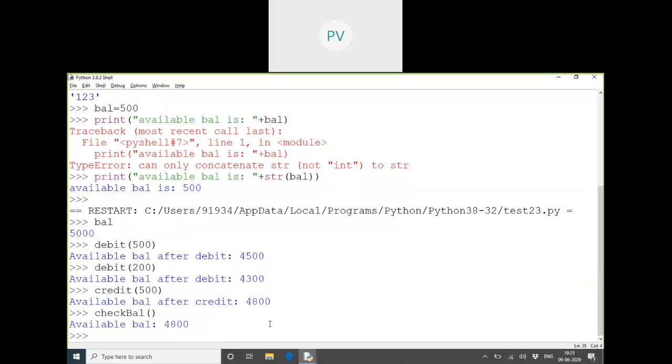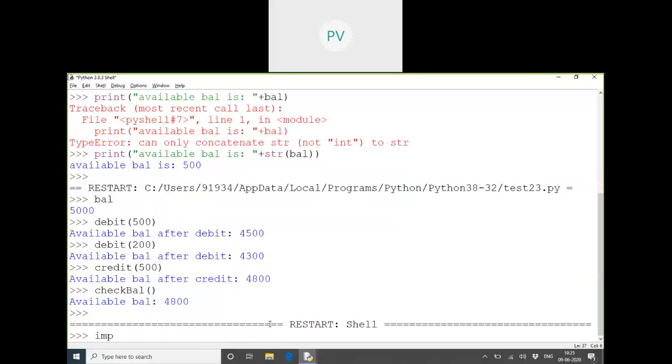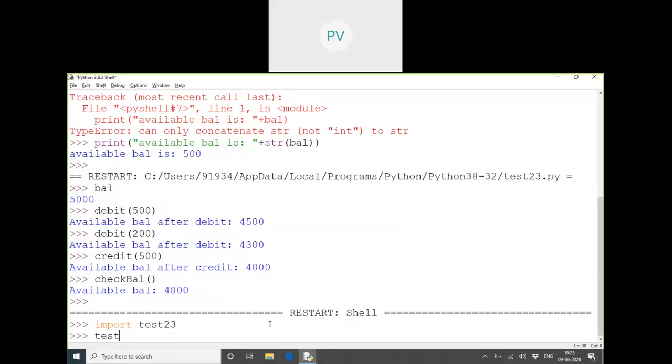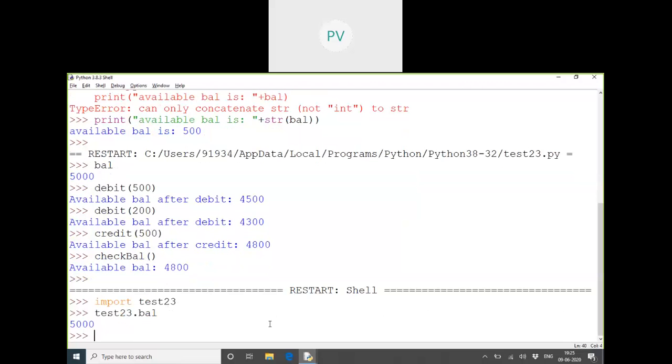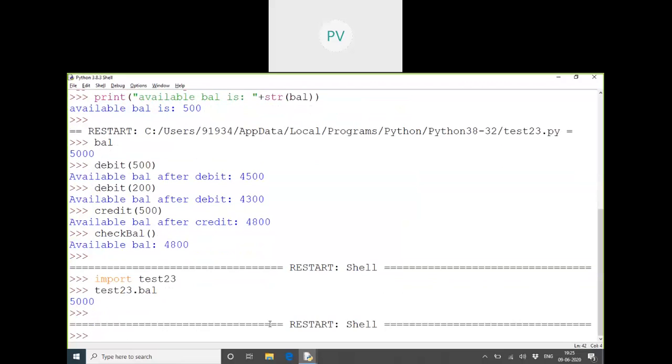If I want to check balance, I'm able to see that because I have already run the file. But if it is restarted, then I have to import test23 and call everything with the test23 module name only. I cannot call directly, like previously how we called just debit, just credit.